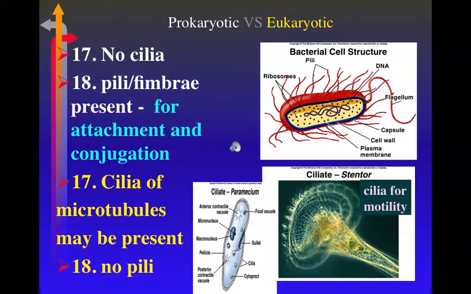Some microbiologists reserve the word fimbriae for these same types of structures that are just used for attachment, and then they only use the word pili for those structures that are used for conjugation. Other microbiologists use the word pili for both kinds of functions, and they simply tell students which type we're talking about. Are they attachment pili or conjugation pili? And that's how we will use that word during the semester. We'll simply clearly describe what kinds of pili we're discussing when we go through the semester for the different topics.